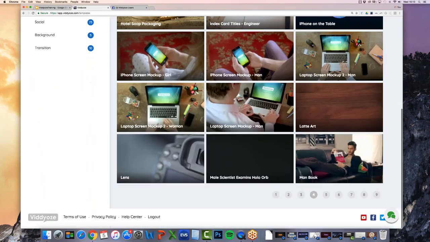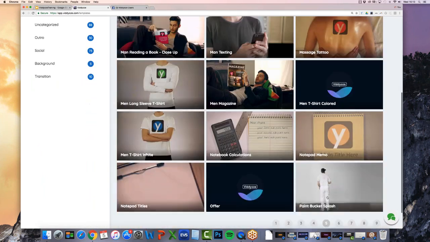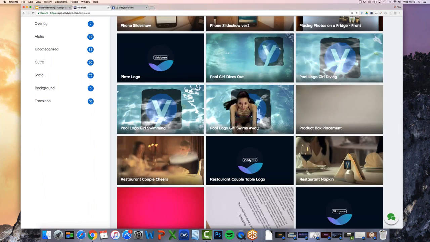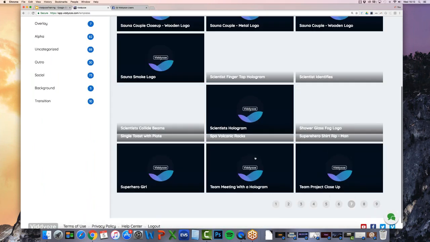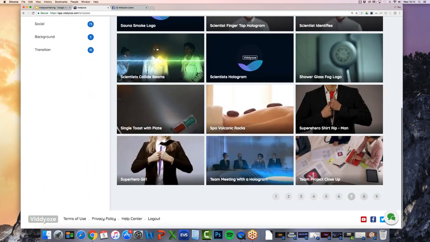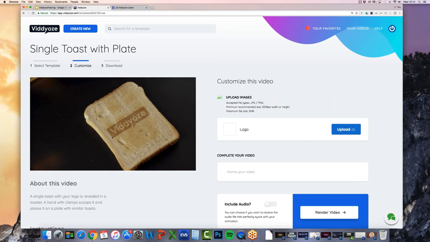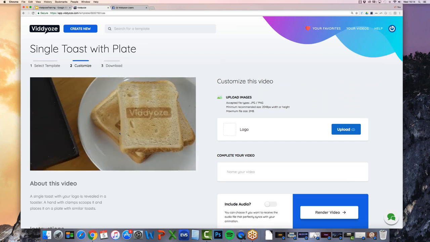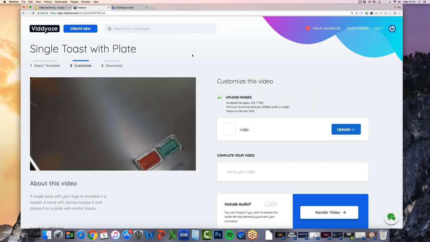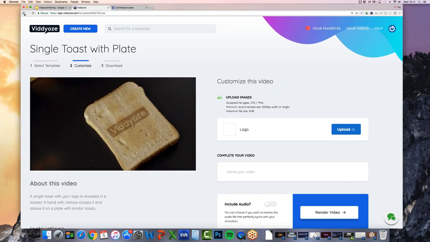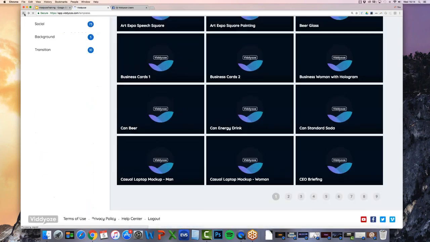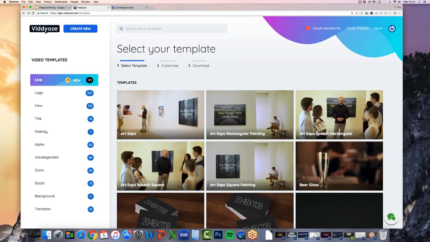One of the recent ones we've got, I'll see if I can find it here really quick because I think it's amazing. Some of you guys may not have seen this one. I don't think it's released in the template club just yet. This one is going to be released in the template club. Now, check this out. This is the type of thing we're working on as well. We can actually put logos on toast, bits of toast. I just really like that. I don't know what you guys think about that one, but we've got all different templates coming like that as well. So you can actually put logos on real life objects, which we've had a lot of requests for. So we are going to be doing that moving forward as well for those asking.